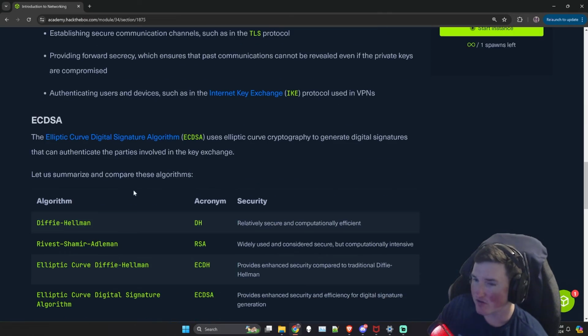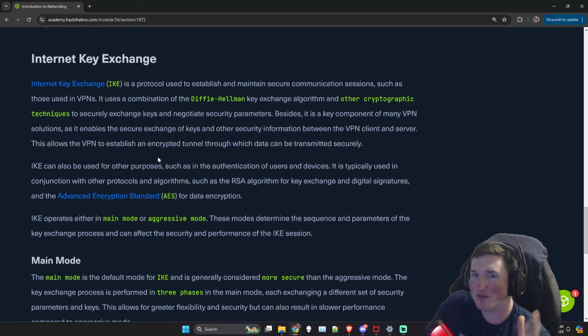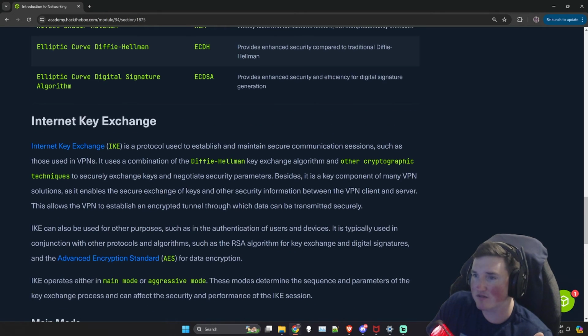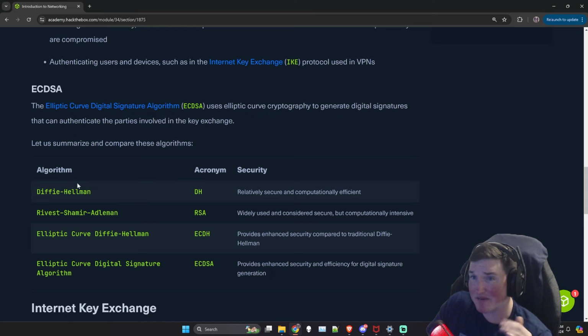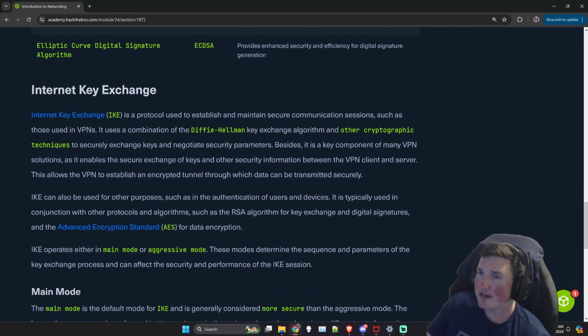So this is elliptic curve. I'm not going to cover all this because, again, you don't need to know that for networking fundamentals, right? And by the time you've spent the years it takes to learn cryptography the proper way, these algorithms will probably be deprecated. So, okay, here's the reality.